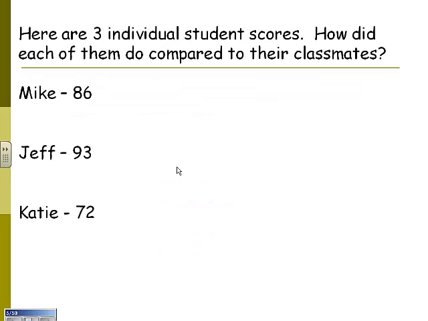So here are 3 individual student scores. The question is, how did each of them do compared to their classmates? We want to know, in other words, how far above average or below average each one is. In order to do this, we're going to calculate something called a z-score, or a standardized score. The way you do that is we take their score, Mike got an 86, minus the class average, which was 80, and then divide by 6.06. What this does is allow us to say how many standard deviations he is above the mean or below the mean. So go ahead and do that,